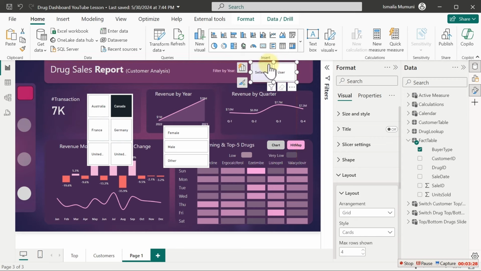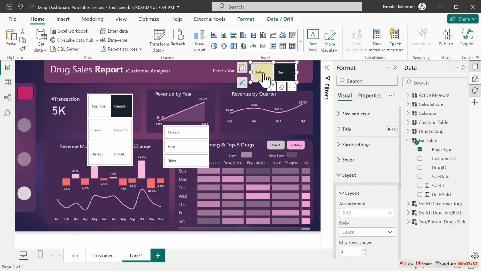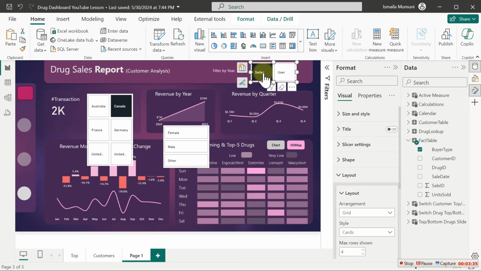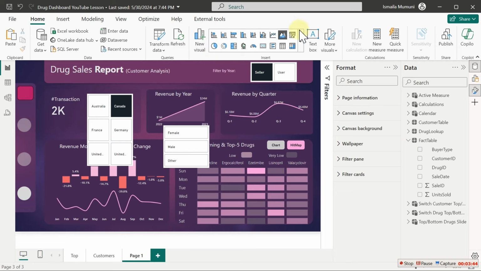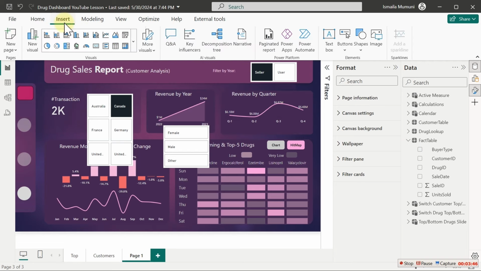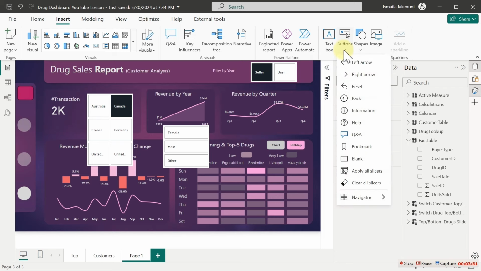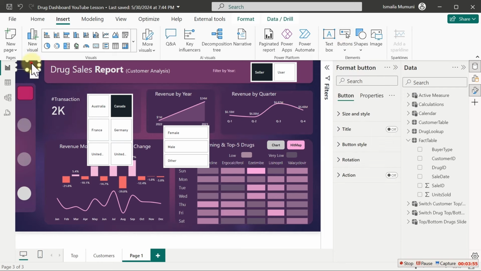All right, so we have gotten all the slicers we want to actually apply to our data. So the next thing now is for us to see how to organize all the slicers. The very first thing I'm going to do is this. Those two slicers here will be hidden. I don't want to show them, right? So I'm going to go to insert here. From insert, I have this particular place where it says button. So I will get this particular blank button here. With the blank button, I'm going to put it over this one and resize it to fit and